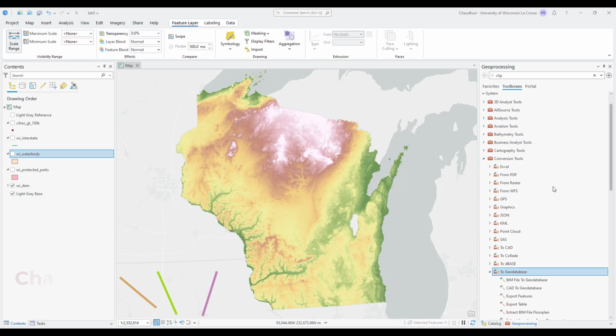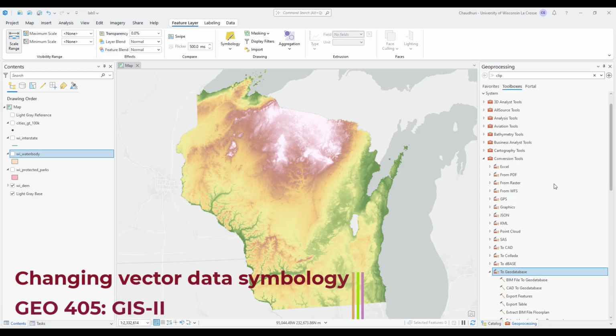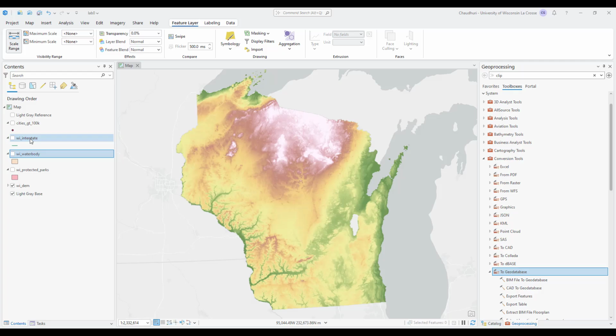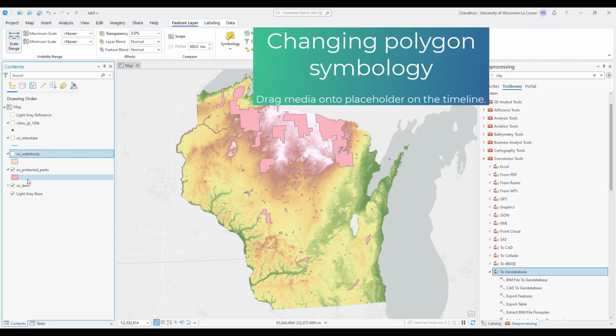In this video, we're going to talk about how to change symbology for the vector data set. So we have three different geometries for vector data in this lab: point, line, and polygon. And we will change one layer at a time. So first, starting with the parks here. So I'll switch on the parks, and